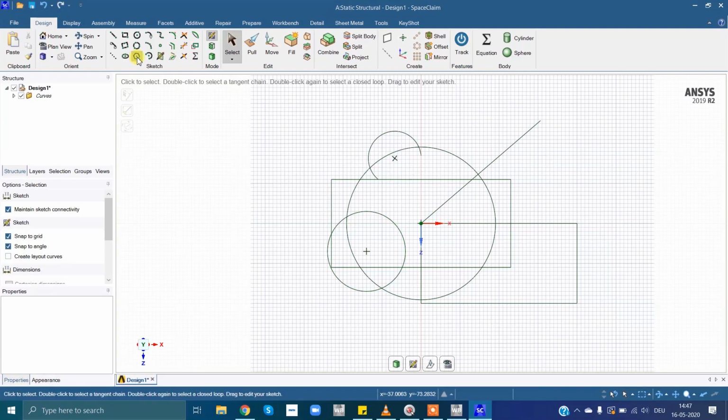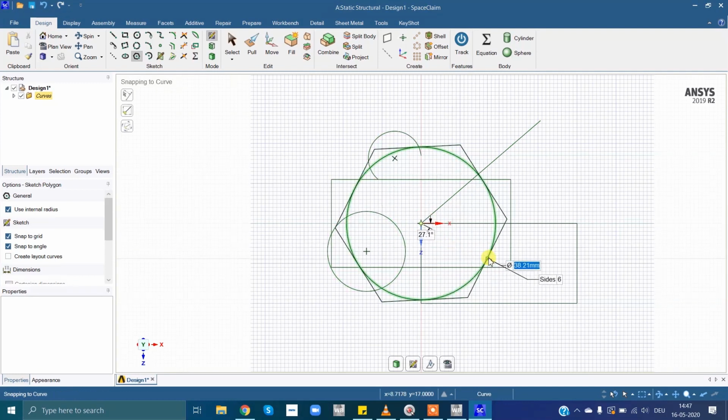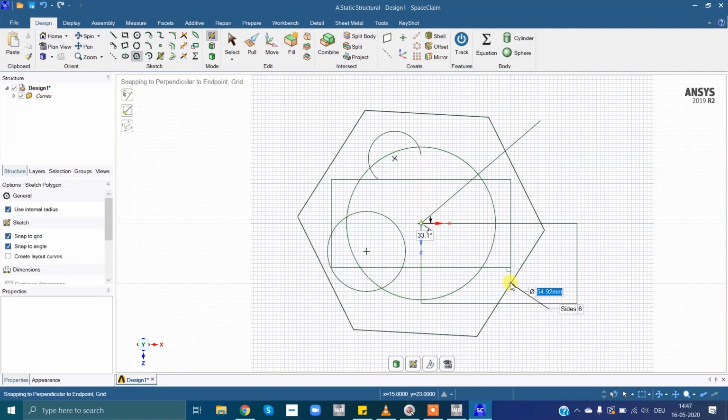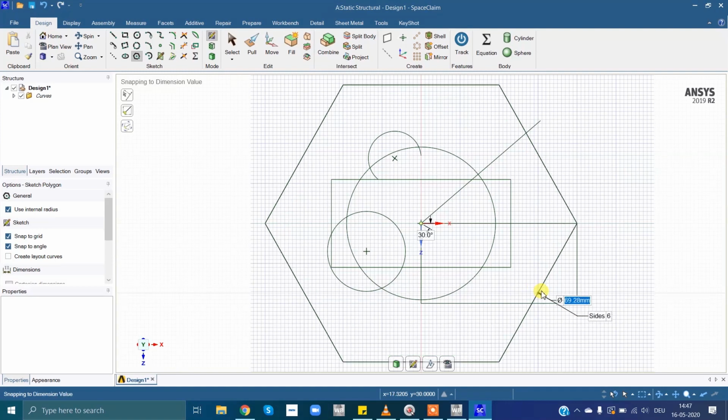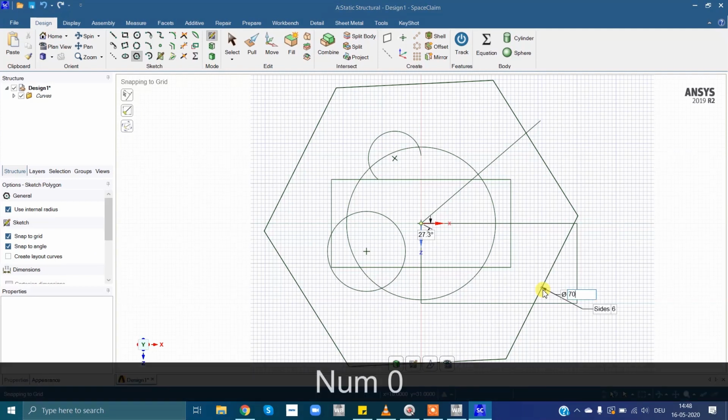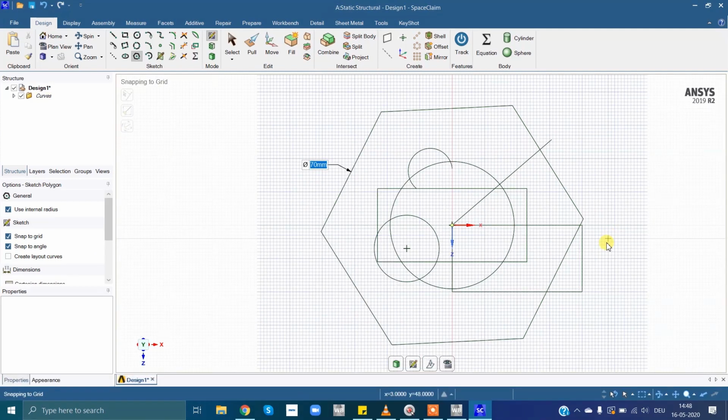Next important is polygon. For polygon, you can simply select the center point and just give dimensions. Now here you need to give 3 inputs. First one is angle. You can see here it's 30 degrees. Second one is diameter and third one is number of sides. If you want a pentagon, you can enter number of sides 5. If you want an octagon, you can enter 8 or whichever you want. I'll keep it here. I'll enter just diameter 70 and enter like this.